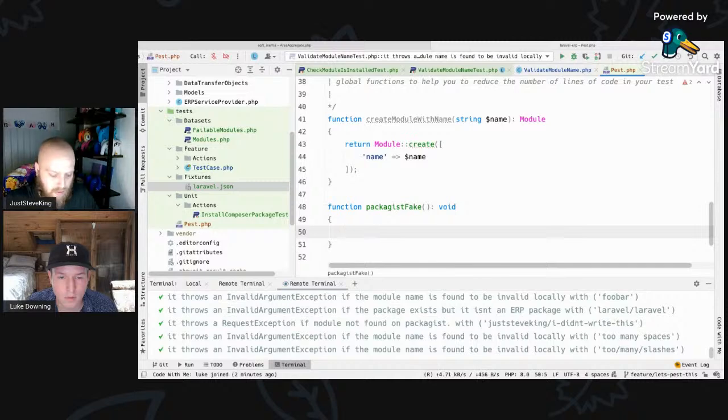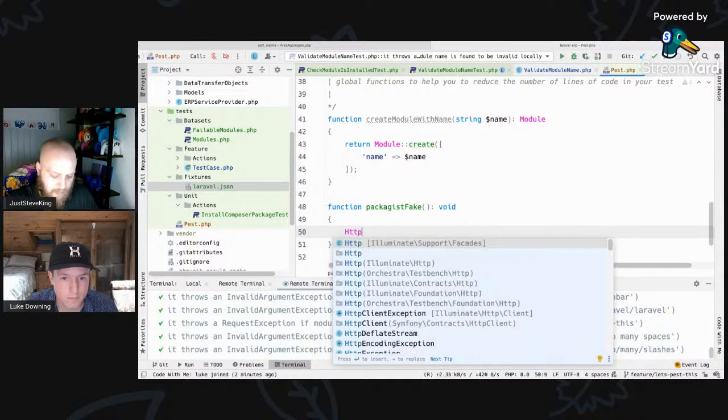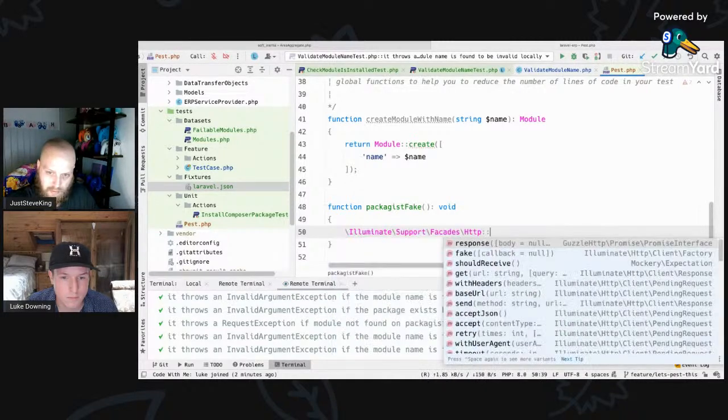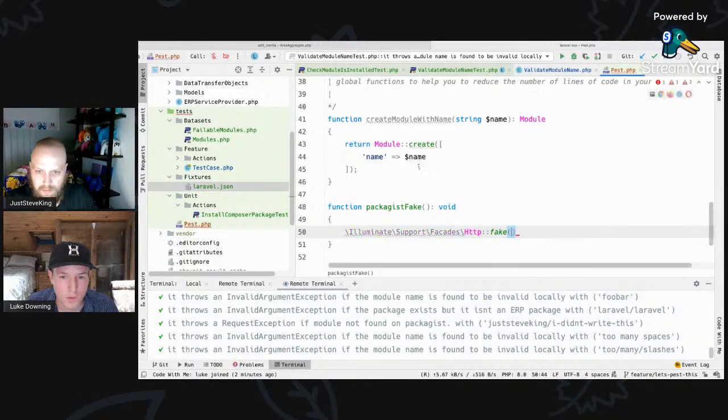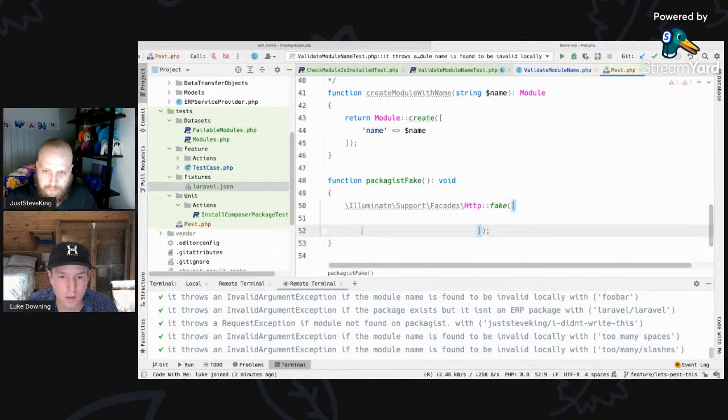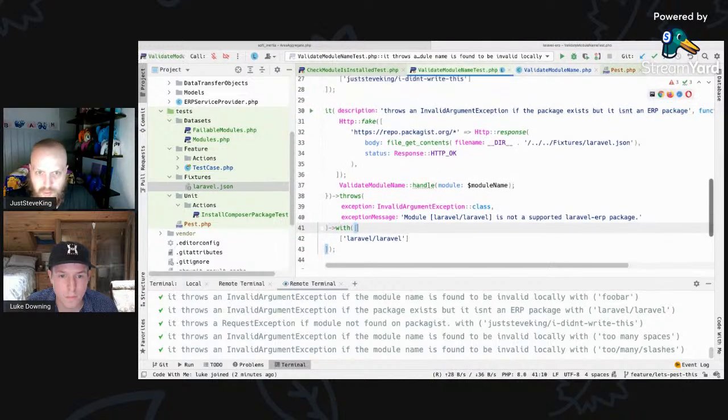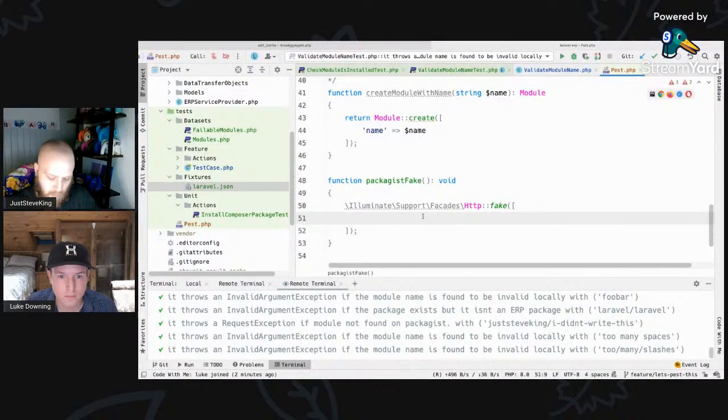What we want that to do is HTTP, we're going to want to fake this part to be our default, but this bit we want